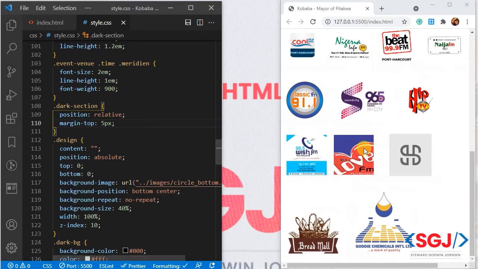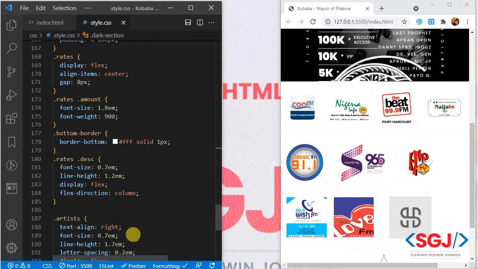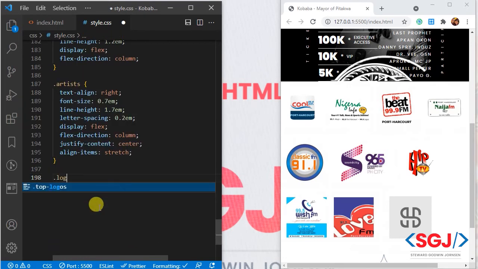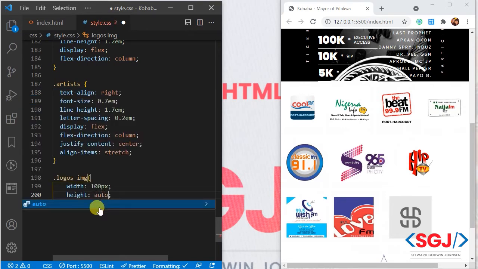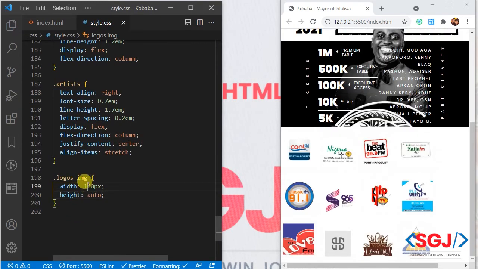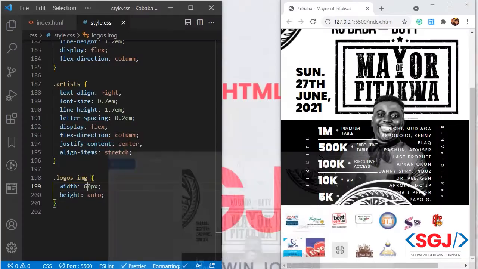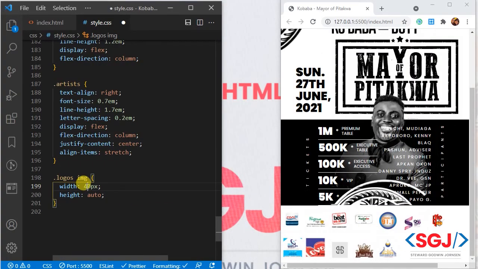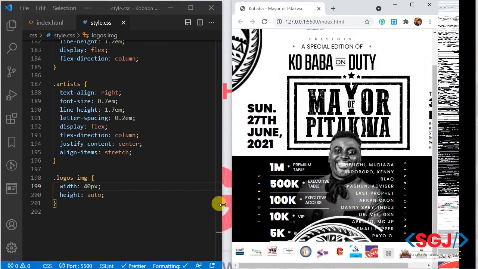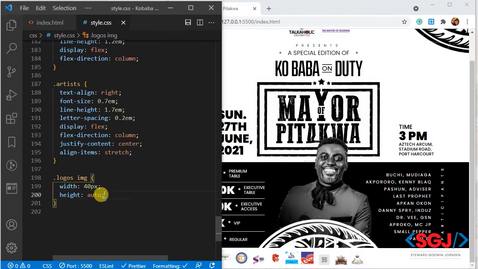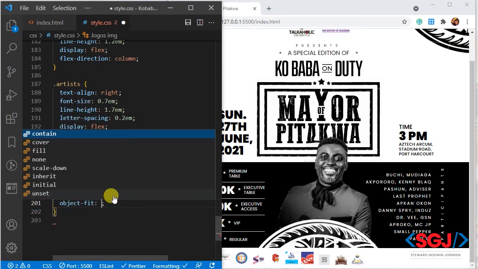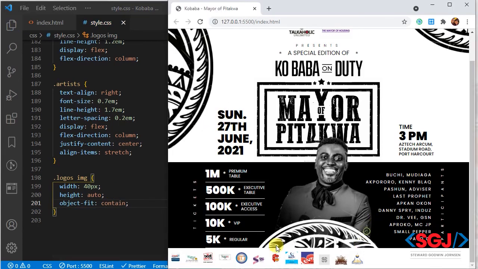But when we go back to our style or CSS, we're going to target the logos, IMG, all of the images. We'll give them a width of 100 pixels and a height of auto. We're going to still drop that, give them a much smaller width. Something pretty small, so let's give them a width of 40. Good, and so it's like that, but you look at it here, it's not really done. We are going to come to object-fit and say contain,